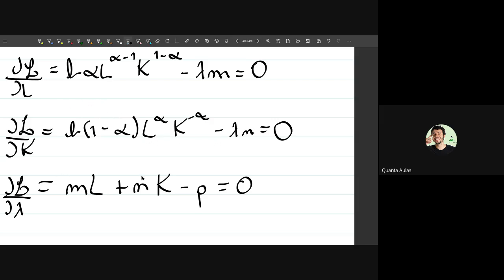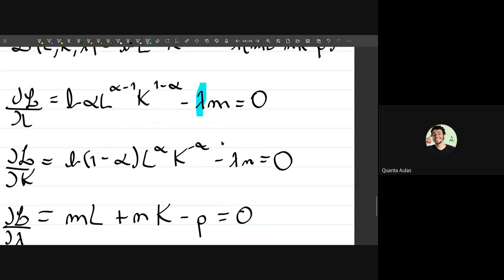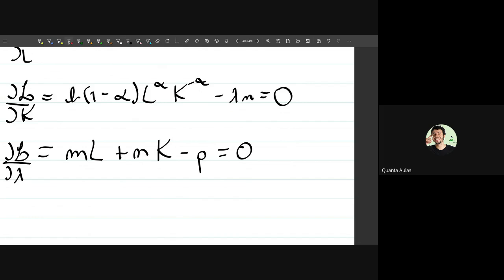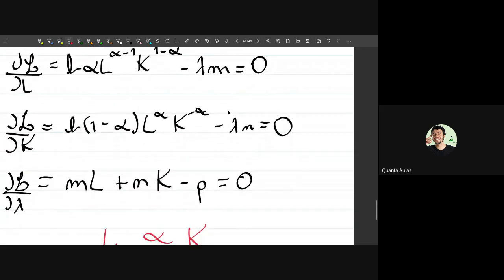Okay, so I already did the derivation for you. So now we have two things with the Lagrangian. Again, you can isolate the Lagrangian and equalize these things to obtain some relationship. But in that situation, you need an equation where you have a relationship between L and K. For example, you need to get something like L equals, or L proportional to K. Do you understand? So you need to use these three equations to obtain this proportionality, using of course